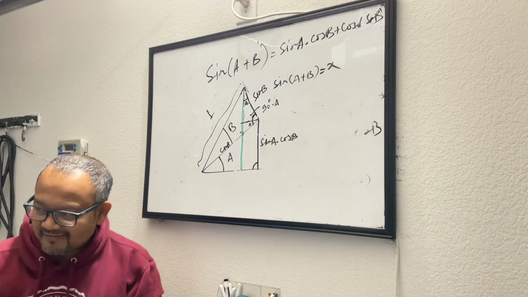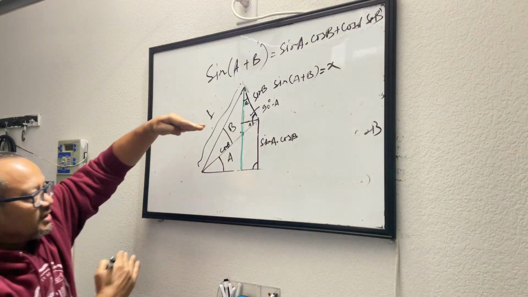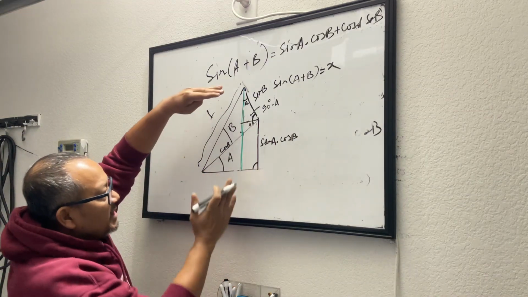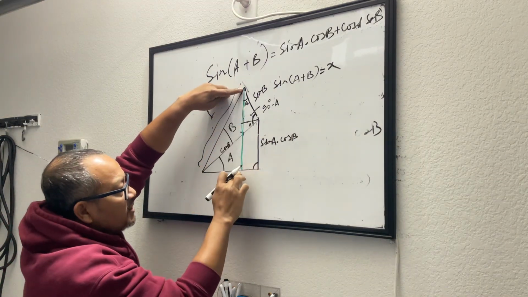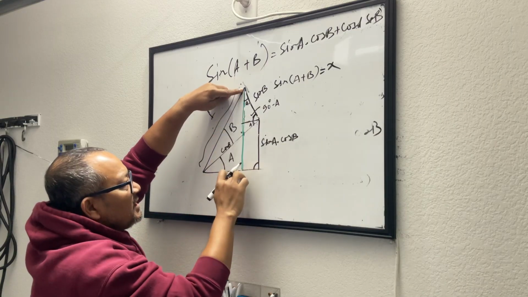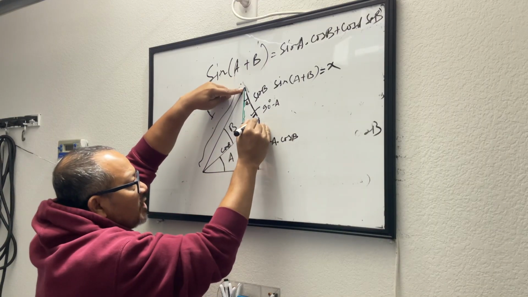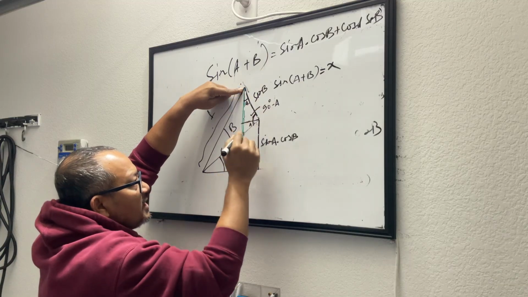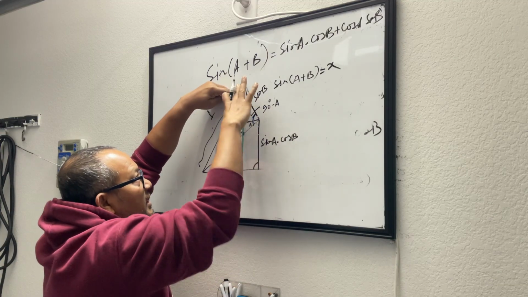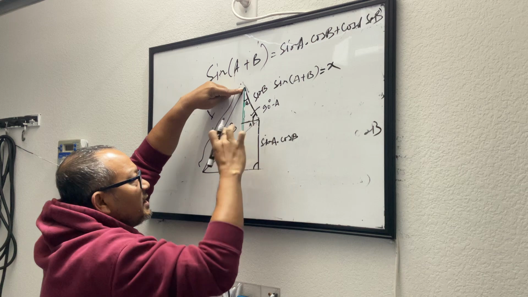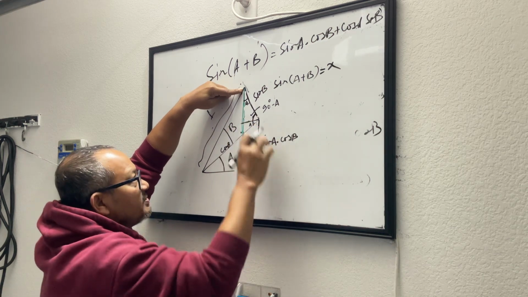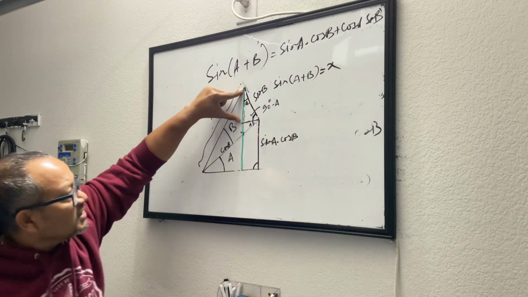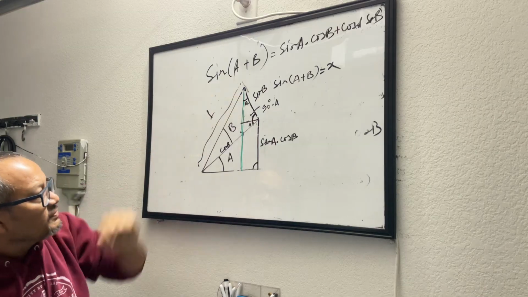Okay. So look at it. Coming back to this one, we were trying to find out this length. This length, we know part of it. From this point, we dropped a perpendicular, which created this smaller right angle triangle. If we have to find out this whole length, we know this length already, sine a cos b. We are trying to find out this length from this triangle, and hence we are trying to derive the value